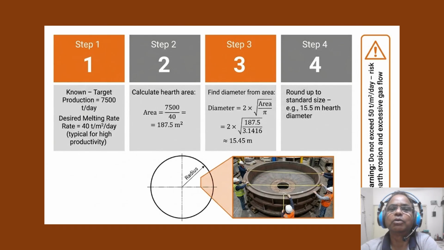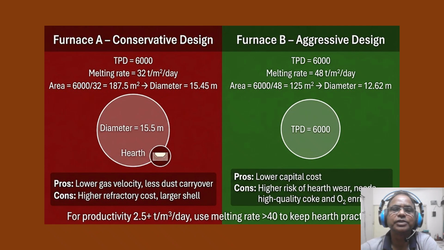So if we round up to the standard size, it's coming around 15 meter. And always note the warning: do not exceed 50 ton per meter square per day, or you risk hearth erosion and excessive gas. So here we have a comparison of the two furnaces, which can give us a good understanding